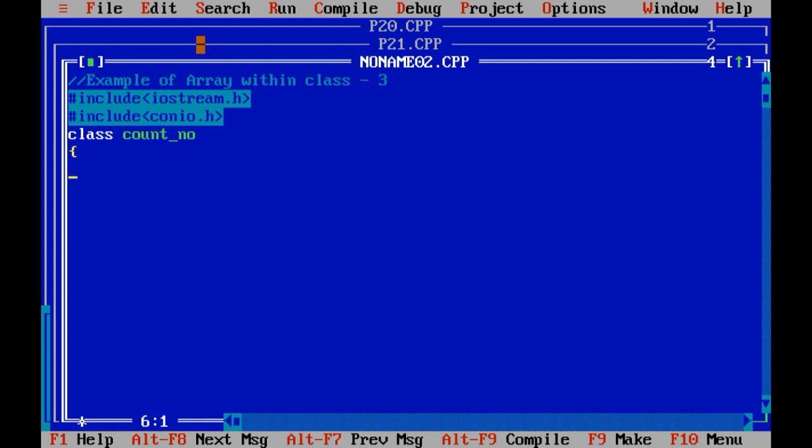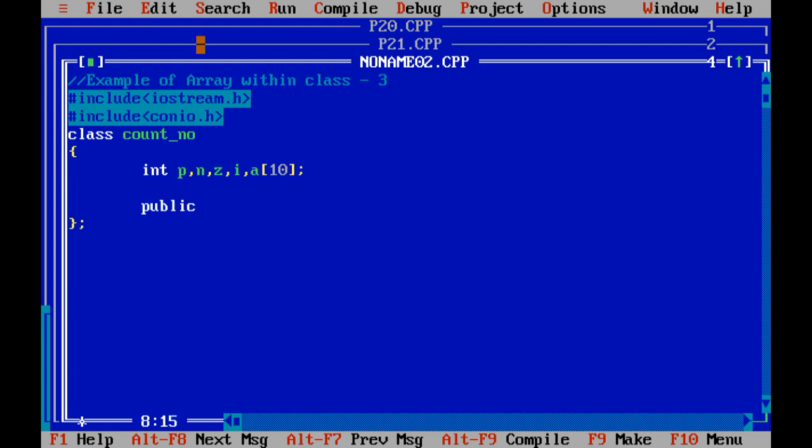My program is related with the you need to input 10 numbers in the array, and based on that numbers it will check how many negative numbers are there, how many positive numbers are there, and how many zero you have entered through the screen. For the positive number I have taken p variable, for the negative numbers I have taken n, and z for the 0. I variable is taken for the loop, and a of 10, that is the array which is declared inside the class, and we are going to store 10 elements inside the array.